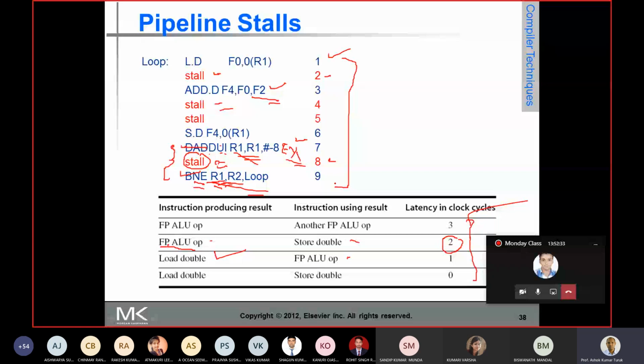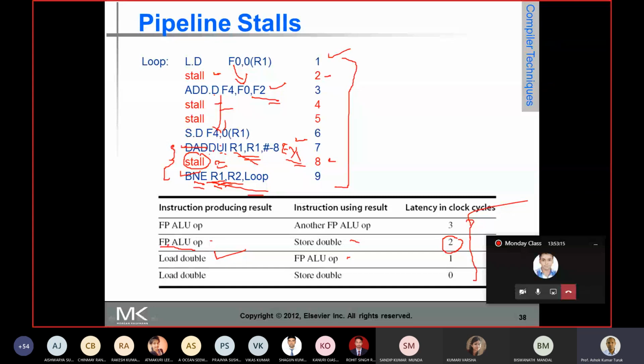If two instructions are data dependent, then you cannot change the order of their execution. The load instruction and the add instruction are data dependent, so the add executes only after the load executes. The add instruction and the store instruction are also data dependent, so you cannot change the order of execution.